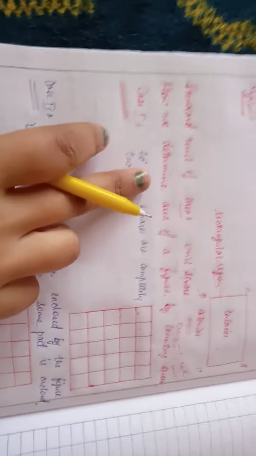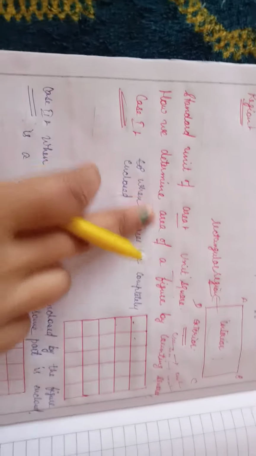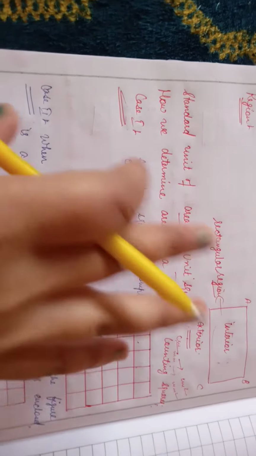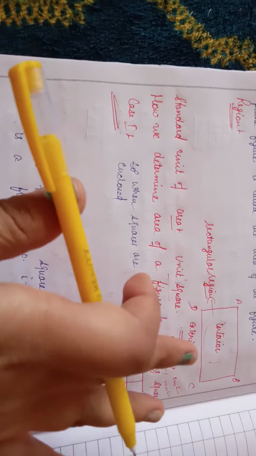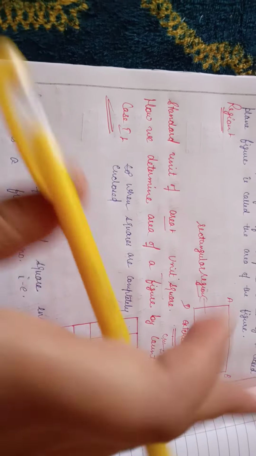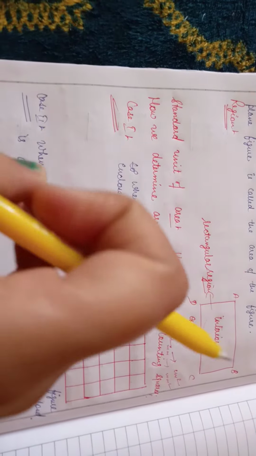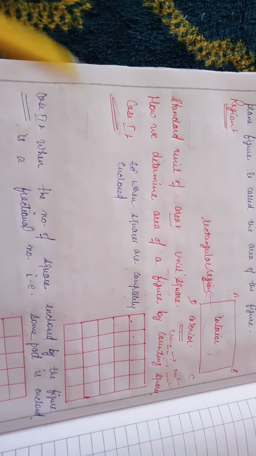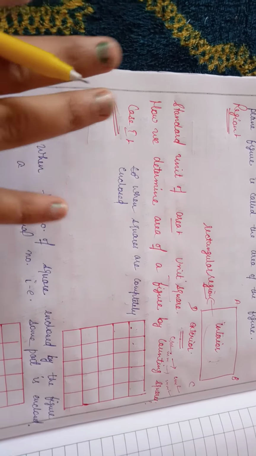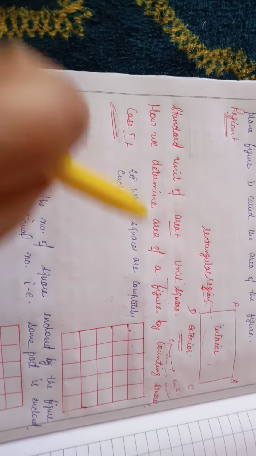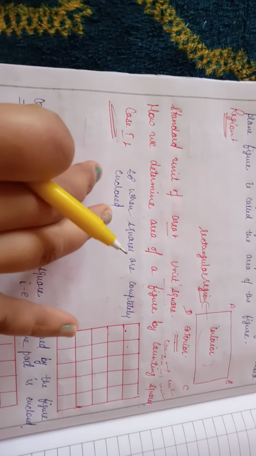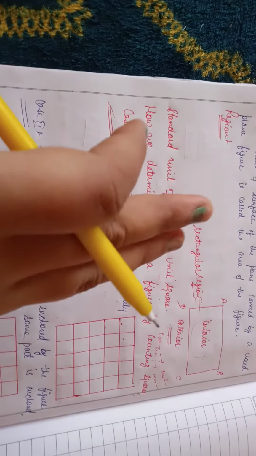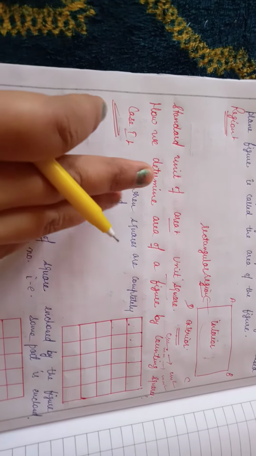See, standard unit of area. Unit of area is unit square, right? If sides are given to us in meter, then area will be meter square, right? If sides are given to us in centimeter, then area will be in centimeter squares, right? It means the standard unit of area is unit square, means whatever the unit we are having for the sides, that same square, right? Same unit, square of same unit, right?